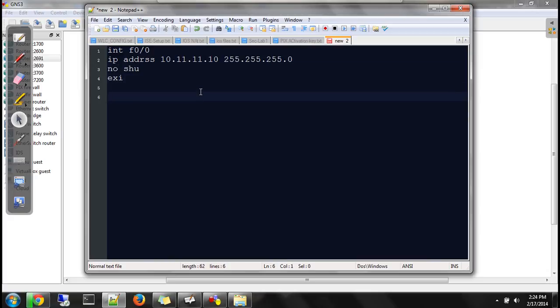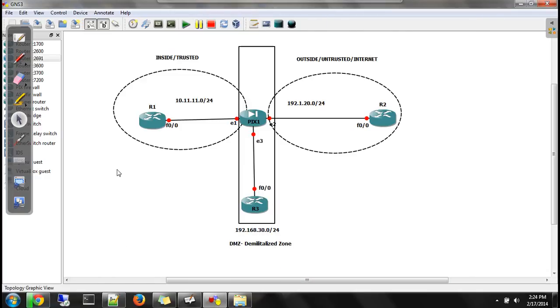But when you do the same thing on the firewall, your firewall needs something extra. What is it? The security level and the name. On the firewall, each interface needs a name. So you need to name interface E1, E3 and E2. All three interfaces of this firewall should be given some name. So let's say I'll assign a name to interface E1 as